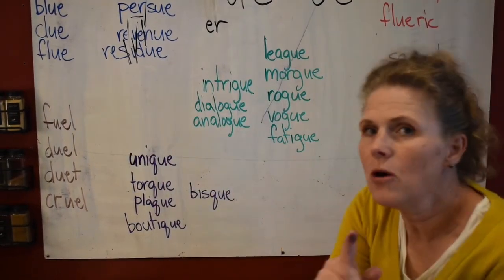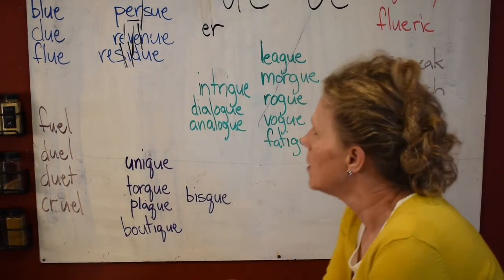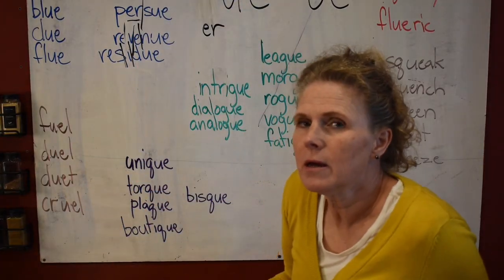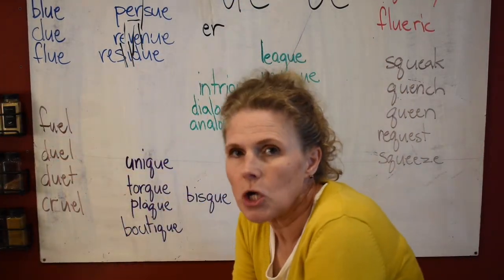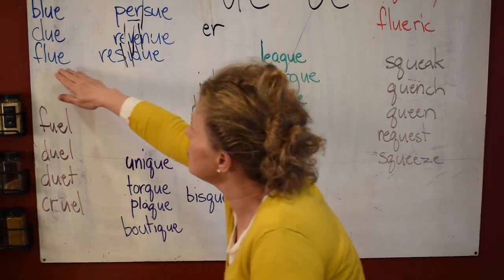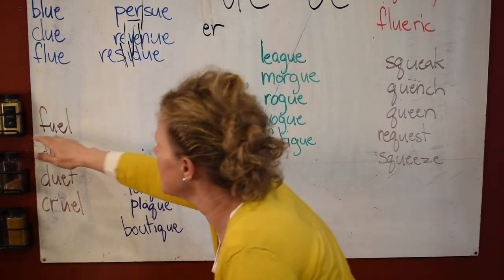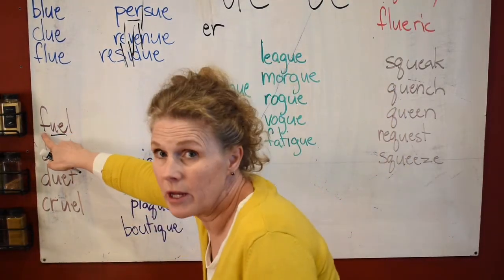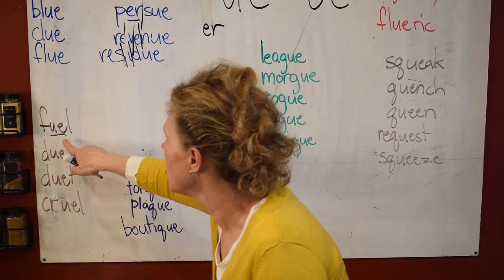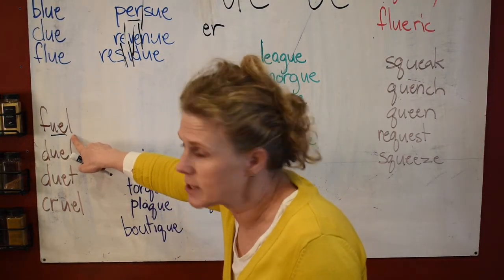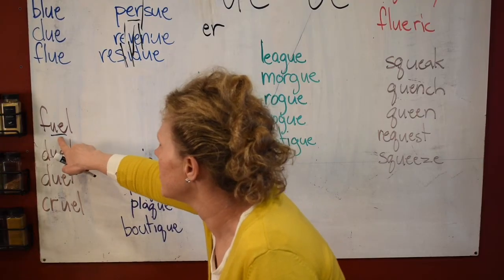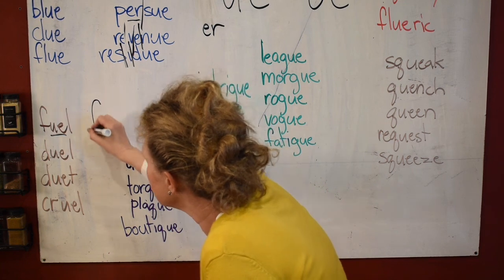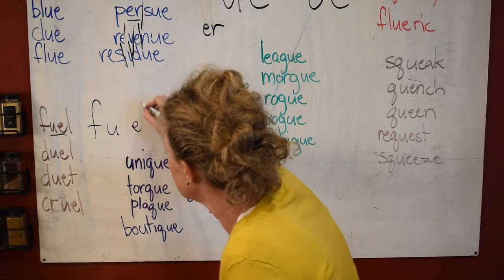UE, they go at the end of words. So that's where it can be confusing, because if you think, oh, UE, well, this is a vowel team. This is not the vowel team UE. See how UE is at the end of a word, but here it does something different. And it falls in the middle of a word, so you have something here and you have something here. Or if it follows with a consonant right here, then you know it's considered in the middle of a word. If it's like this, it's going to break.